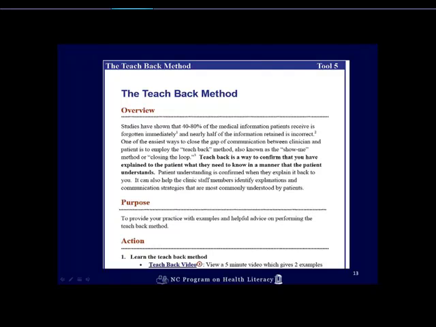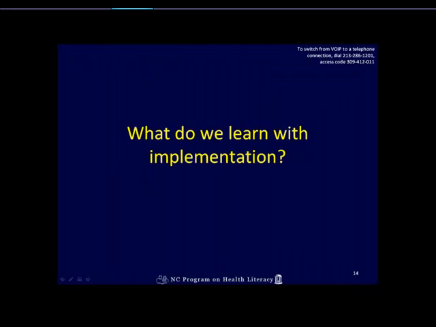I will mention that the teach-back is one of the most, if not the most popular tool in our toolkit, and just about every practice wants to work on that. It's not easy, but we heard over and over again that it was very valuable for practices and taught them a lot when they were learning how to use it. So let's go on to the next part of the assessment.